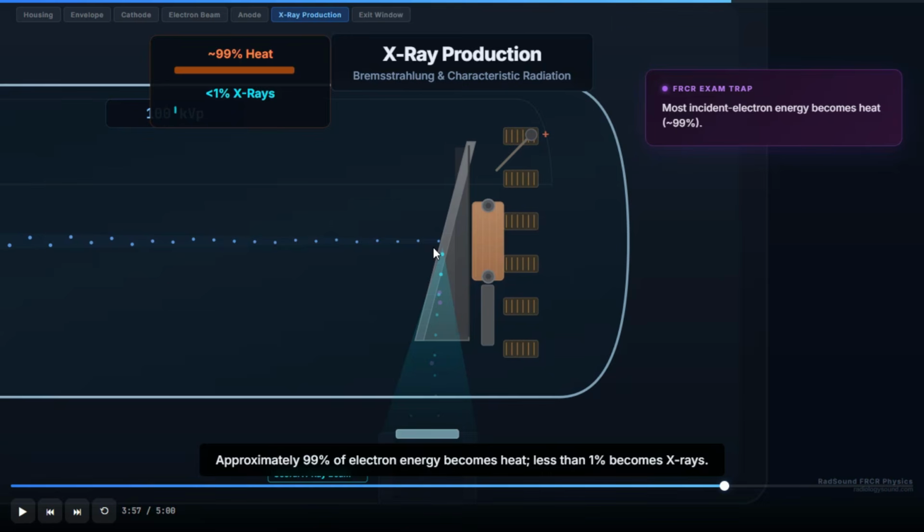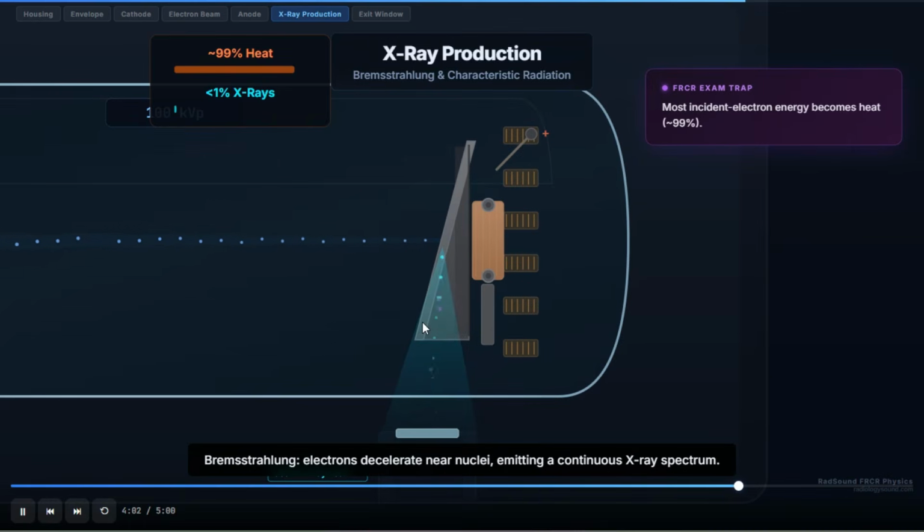That deflection will release energy because there will be a deceleration. It's coming with a very high energy, then becomes decelerated and deflected. That deceleration will release part of its energy. That energy is called X-ray. So this is Bremsstrahlung. Bremsstrahlung is a continuous radiation because